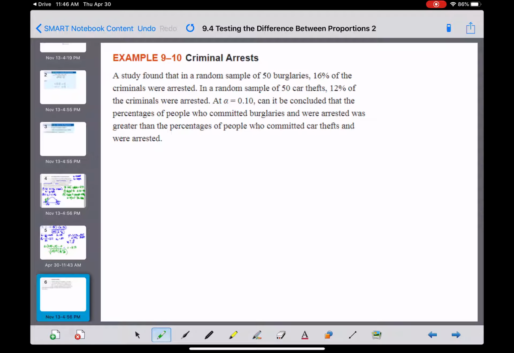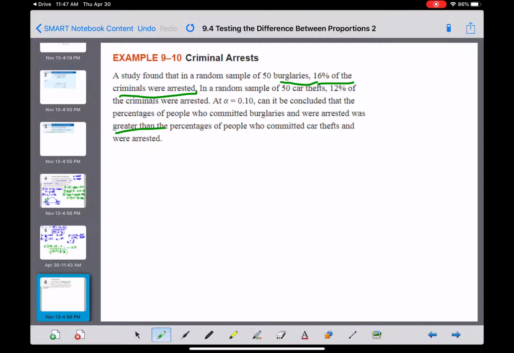Okay. Next example, criminal arrest. A study found that in a random sample of 50 burglaries, 16% of the criminals were arrested, and in a random sample of 50 car thefts, 12% were arrested. At 0.10, can it be concluded that the percentage of people who committed burglaries and were arrested was greater than the